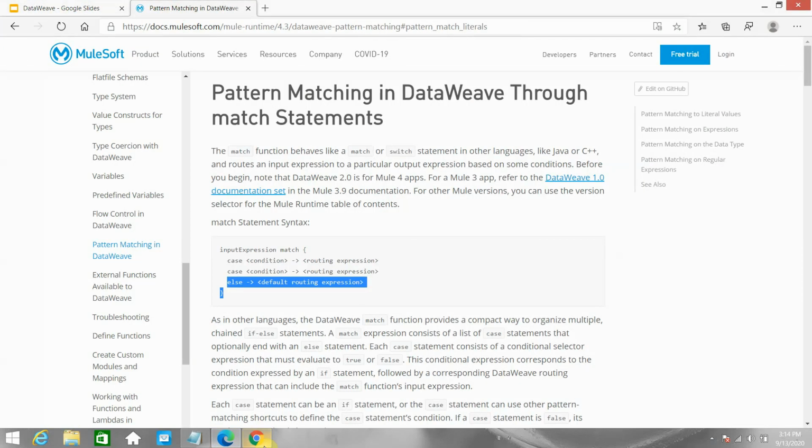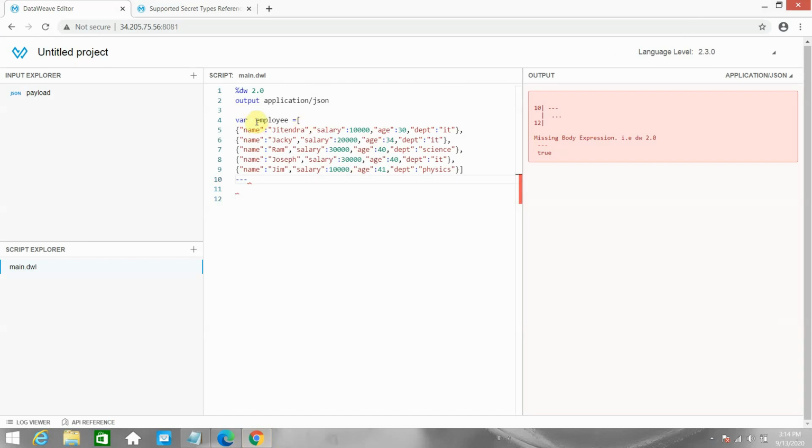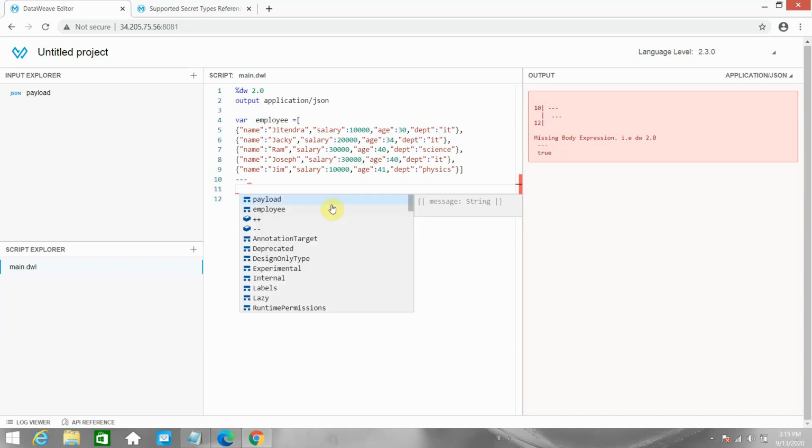Okay, so basically I have an employee payload which contains name, salary, age and department. I have 5 records. I want to populate the data type of the age. For that, you can either use an if else statement, but it's a good idea to go for match case. That is the easy option compared to if else. If else makes the code bigger and longer, so better use this, or you can handle many more conditions using case match.